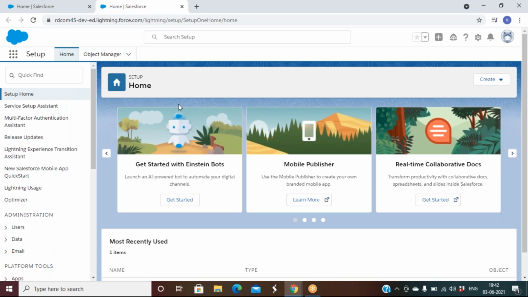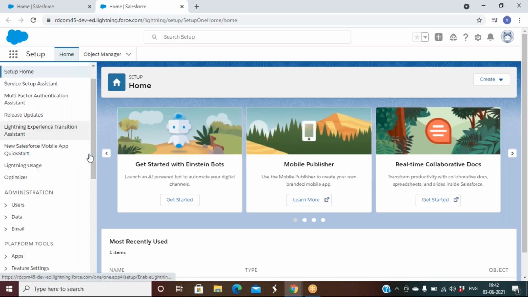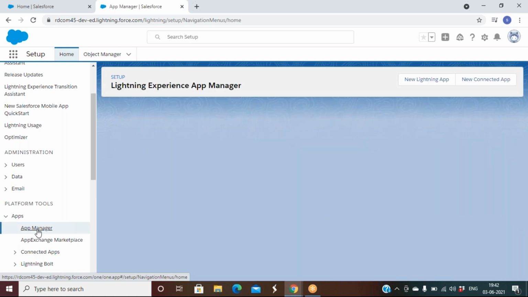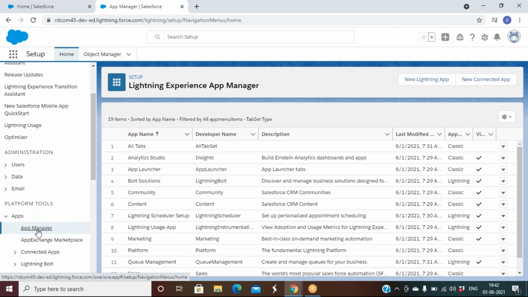So from Setup, if I want to perform an app related activity, we should go under Platform Tools. There is an option called Apps. Expand this and then click on App Manager. Let's say you don't know this navigation. I don't want to remember the navigation. Why? Because Salesforce has given an option: if you don't know the navigation, just go to the Quick Find box.